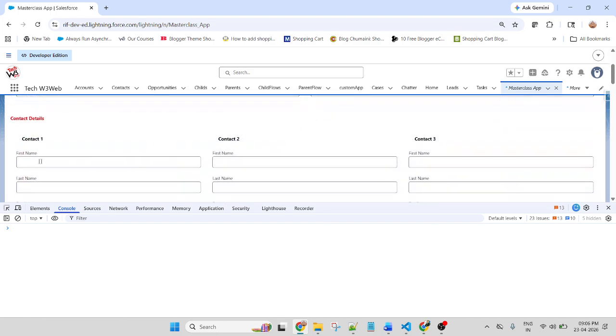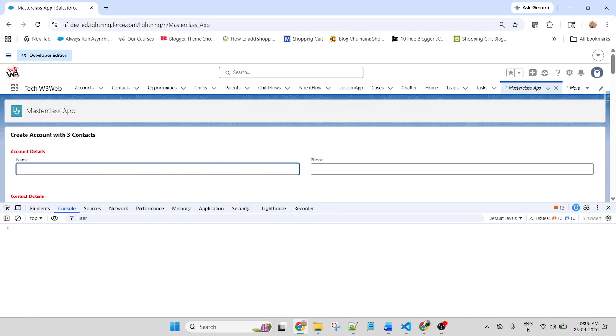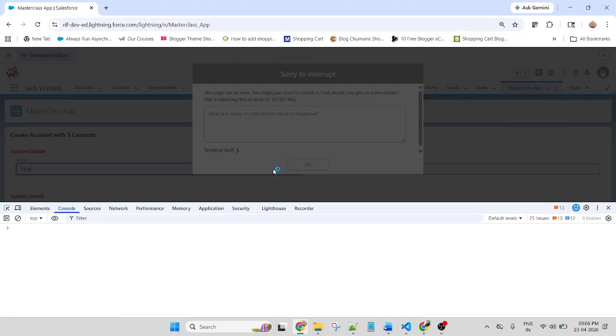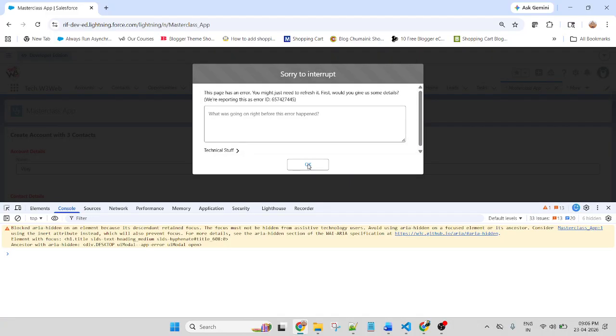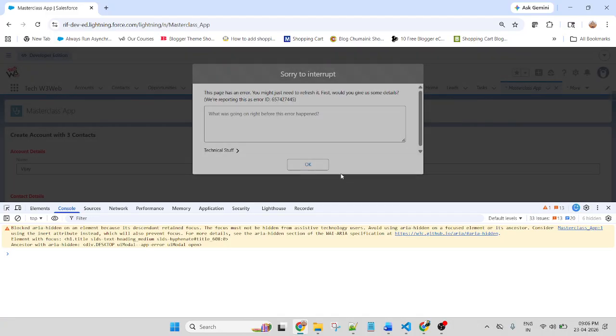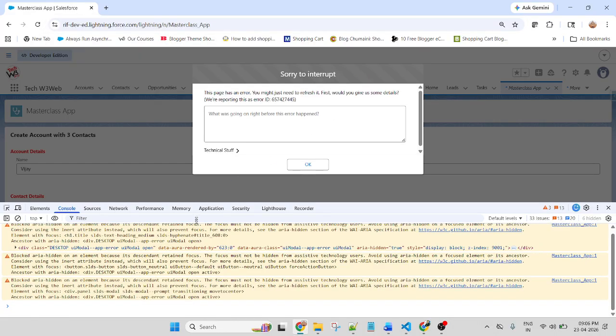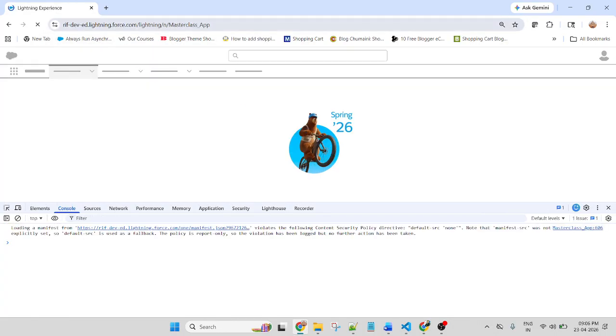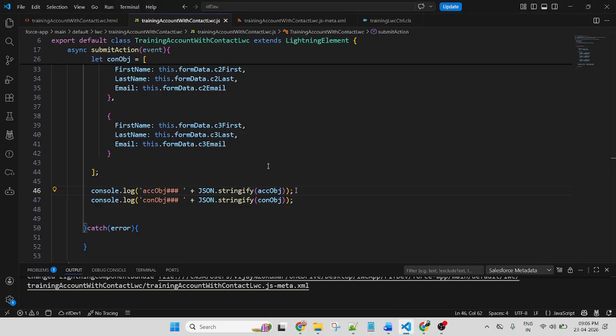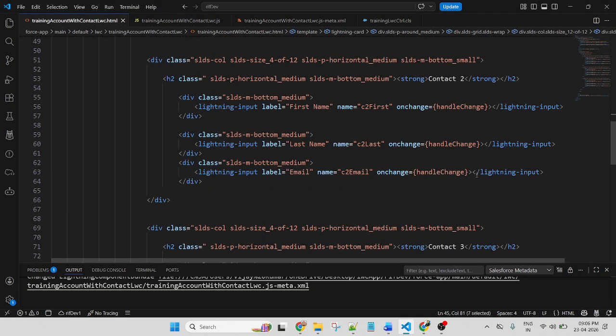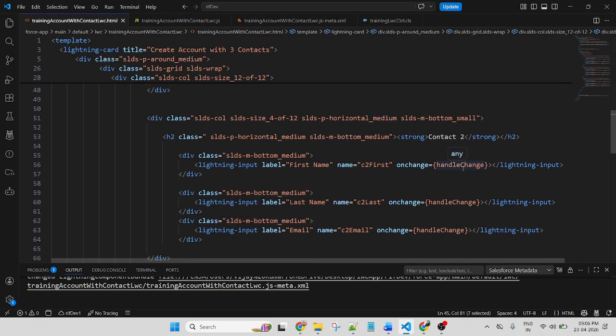Now let me put some value. Let's make it Vijay. It displays an error. Why does it display an error? I think my component did not refresh, because I already created this error when I passed a function in every input field. If you are not creating a function, this type of issue is displayed. But in my component, I already created it.